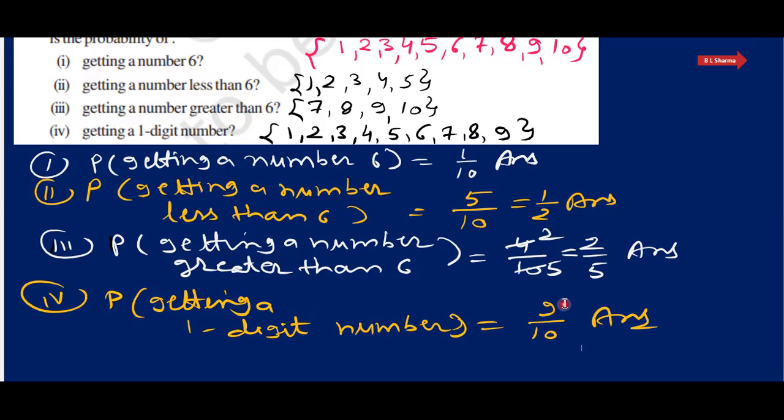एक डिजिट नंबर 9 है 10 नंबर में से, तो इसका जो आंसर है दैट इज 9/10। सो वी हैव गिवन द आंसर्स ऑफ ऑल पार्ट्स, फर्स्ट पार्ट 1/10, सेकंड पार्ट 1/2, थर्ड पार्ट 2/5 and fourth part that is 9/10।